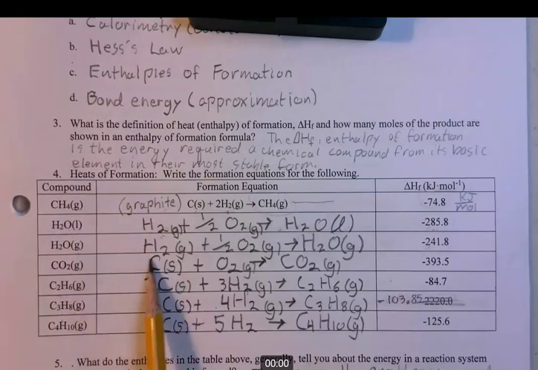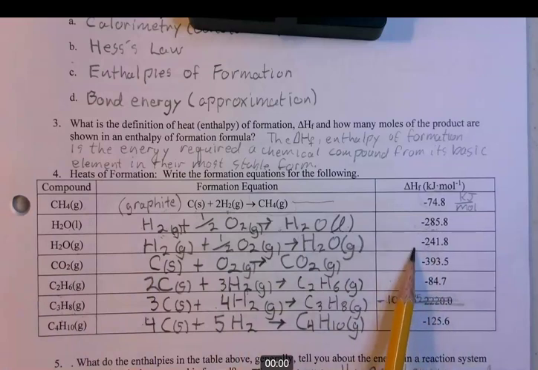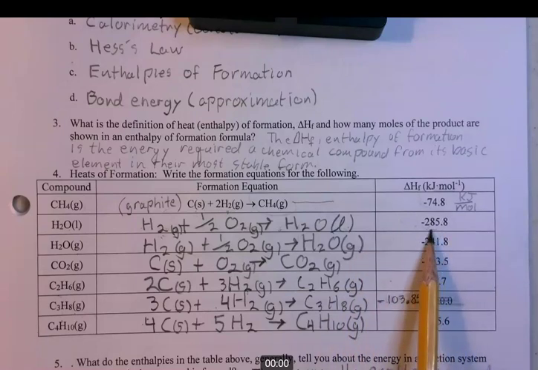This is for water as a gas. It's the exact same equation. Where you find a difference is in the enthalpy of formation. Since liquid water is at a lower energy, that means it must release more energy to get to that lower energy. If it wants to fall down to a lower energy, it has to release more energy and let more energy go. So you'll notice that the enthalpy of formation for liquid water, 285.8, is less than the enthalpy of formation